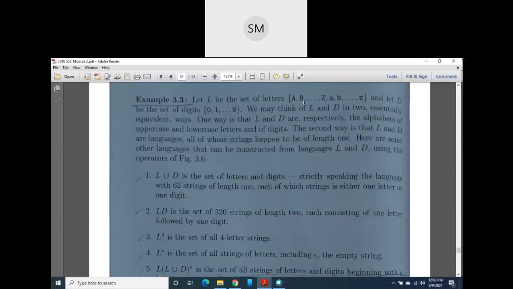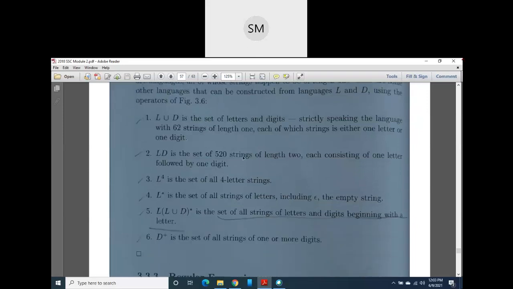Similarly, you take the second element of the first set and again the first element of the second set, then it will be B0, B1, B2, B3 up to B9. Next, take capital C up to capital Z, and do it like this. Then take small a, and do a0, a1, a2 up to a9, then small b, b0, b1, b2, b3 up to b9. Like this you do it for small letters also, then you will get 520 strings of length 2, because concatenation is going on there.